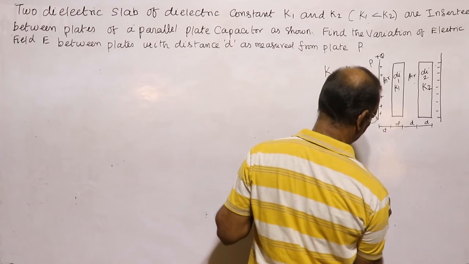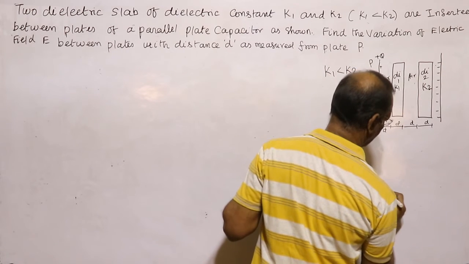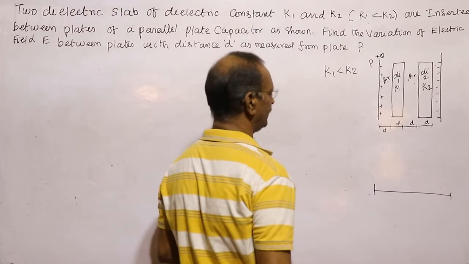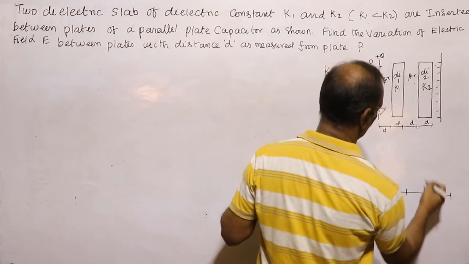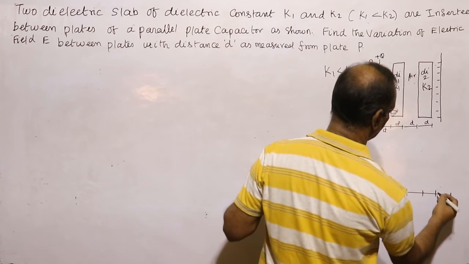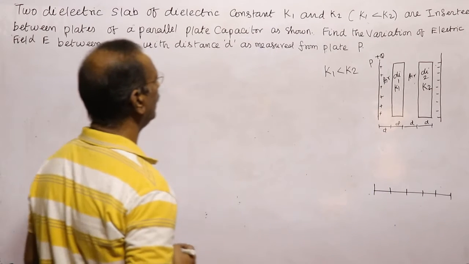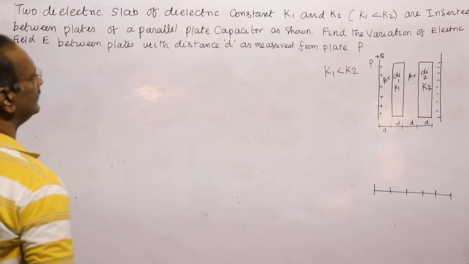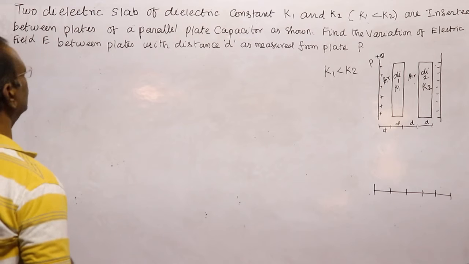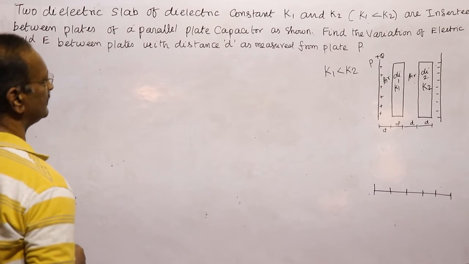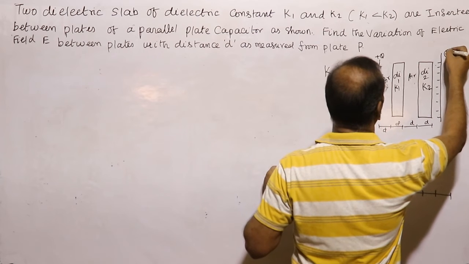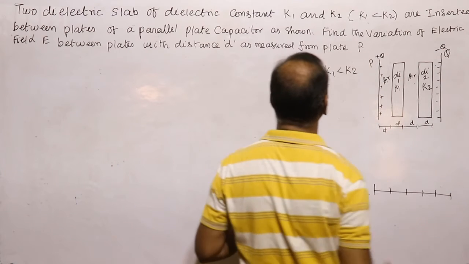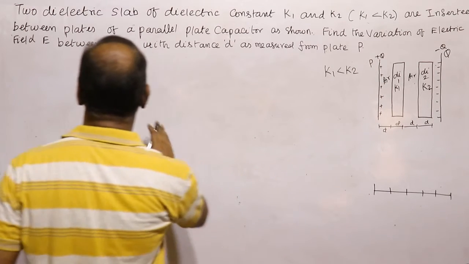So we can take from here this graph, with distance marked in units of D. Find the variation of electric field E between the plates with the distance D as measured from the plate P. This is plate P and this is plate Q. See, electric field